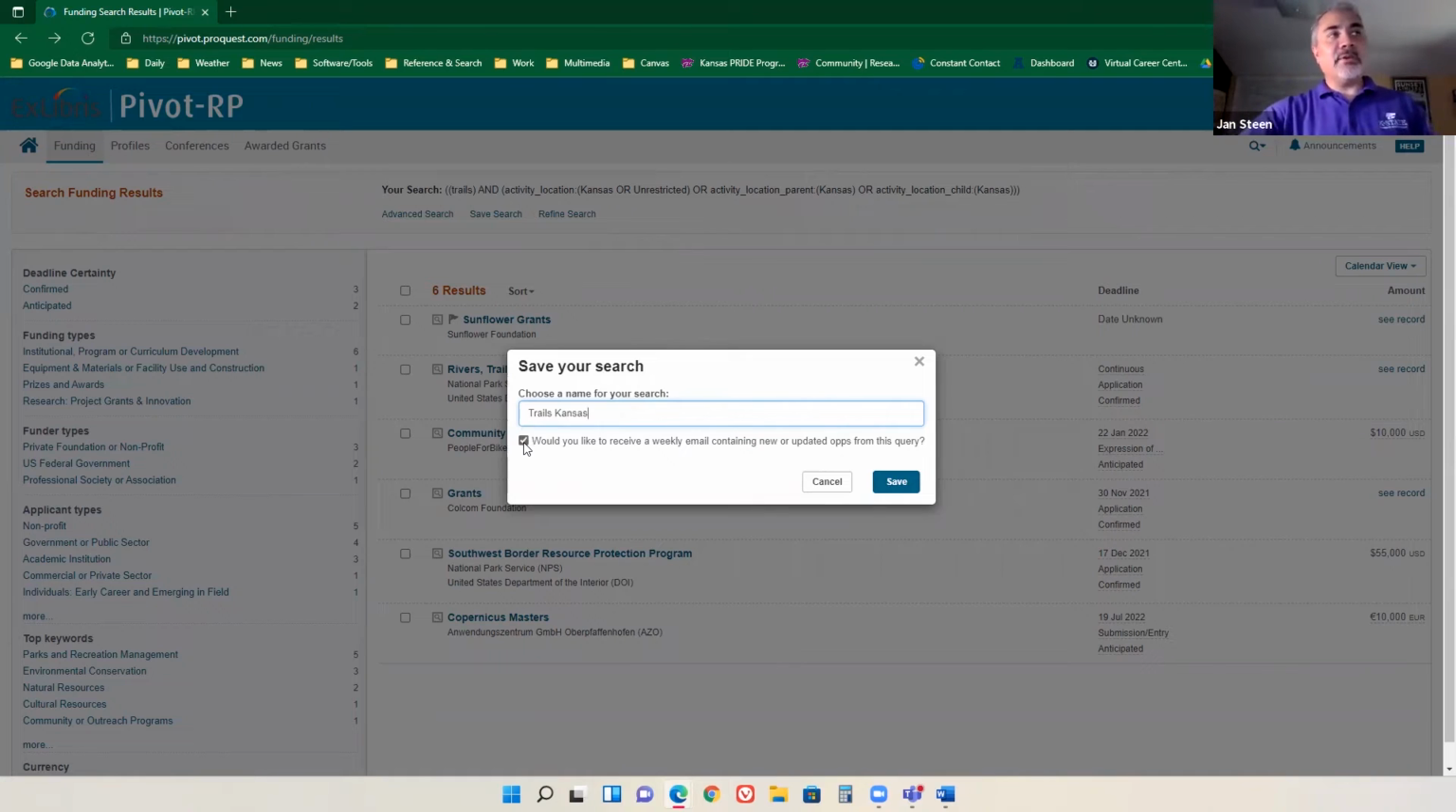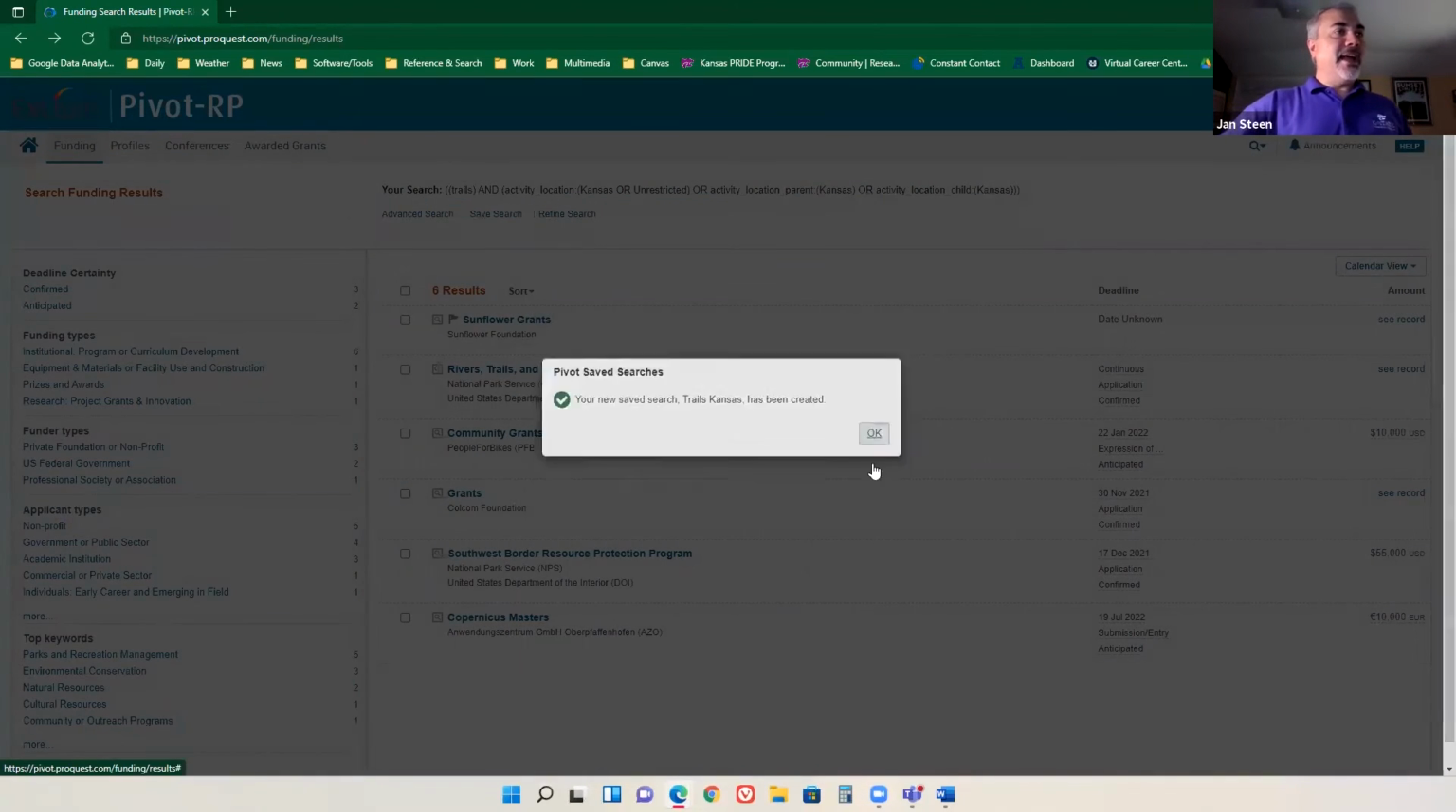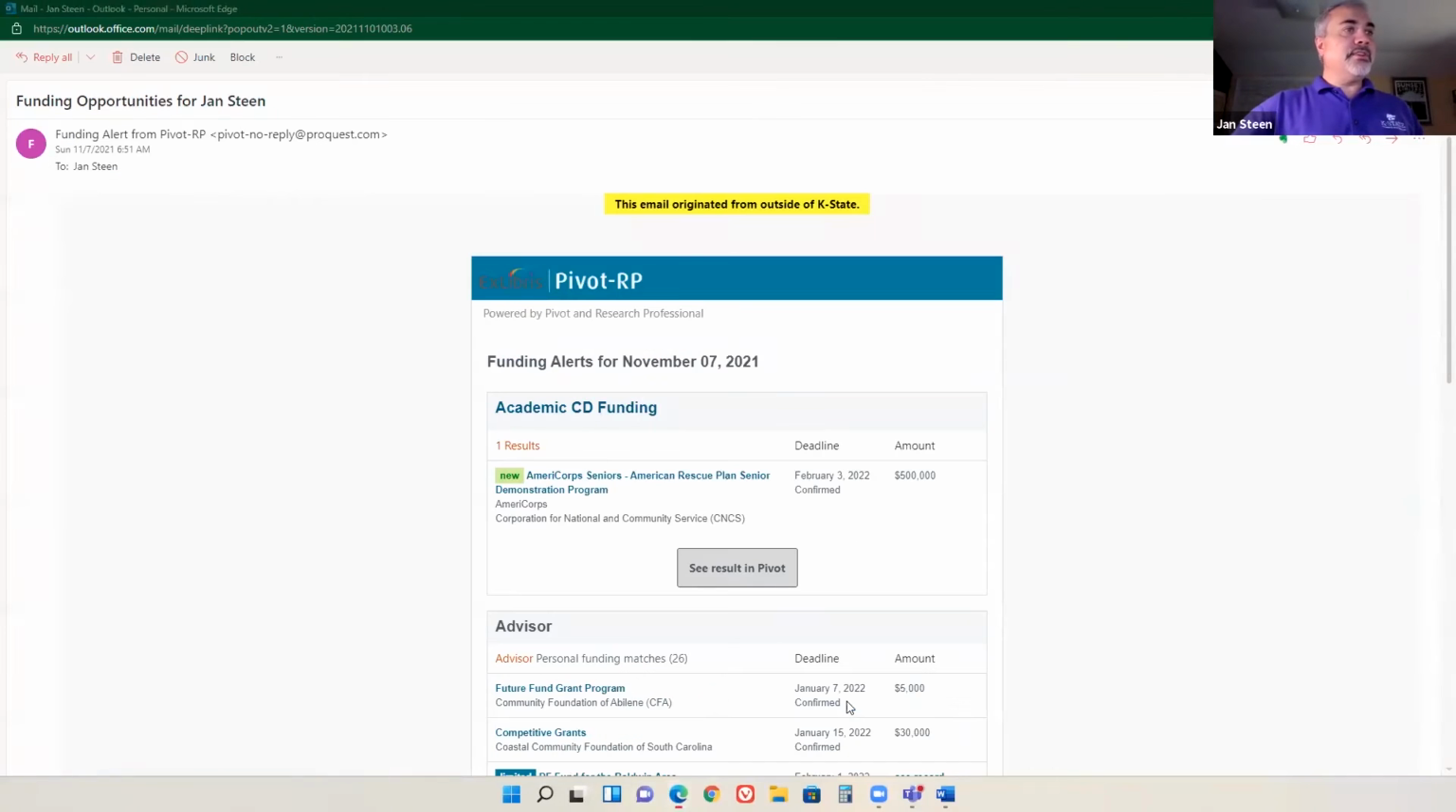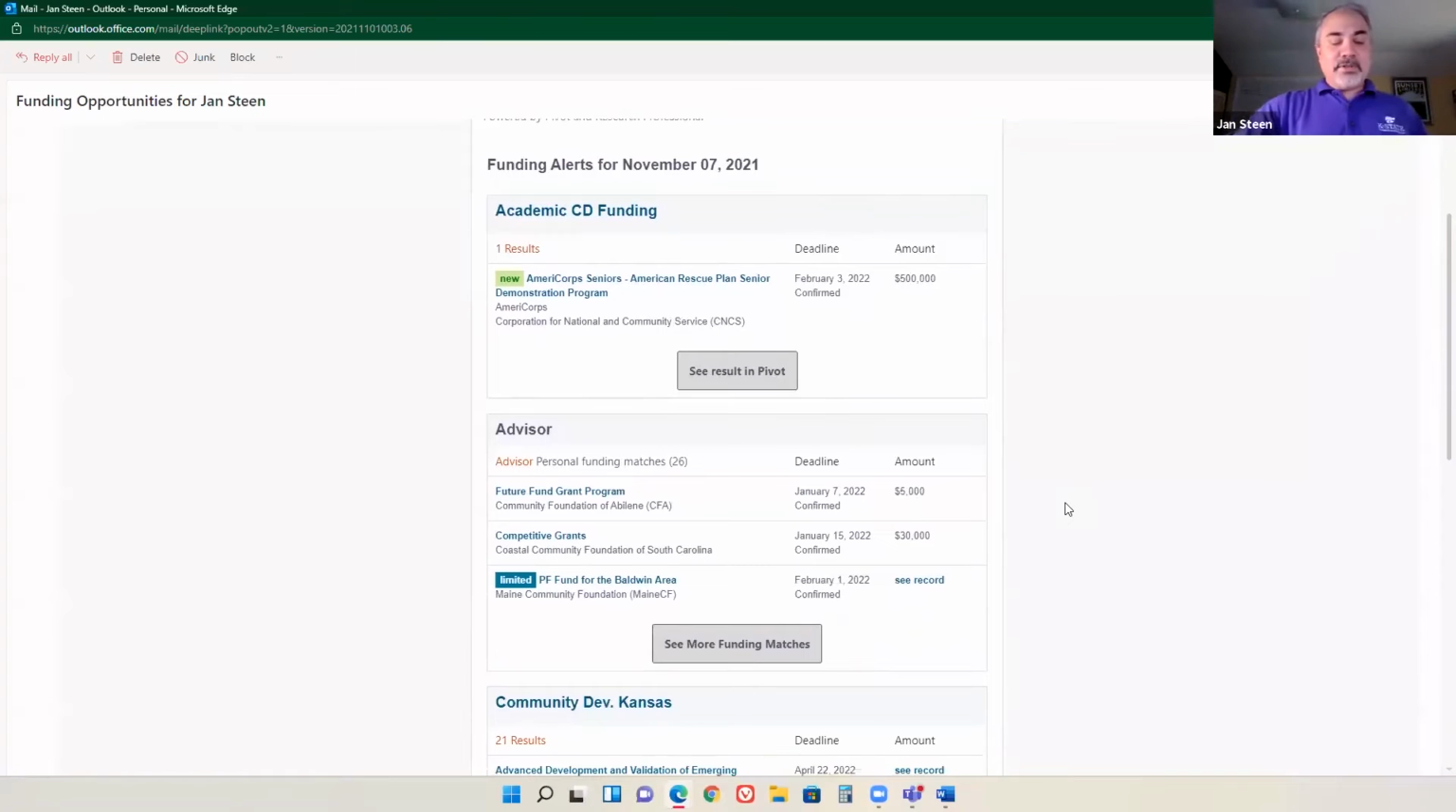And it's going to ask me if I would like to receive a weekly email containing new or updated opportunities from this saved search. Yes, of course I do. Now every Sunday, I am going to receive an email that looks something like this. And every Sunday, the system sweeps through all of its known grants and it looks at the grants that you knew about prior to that Sunday. And it looks at all of the grants that are brand new since you last looked,